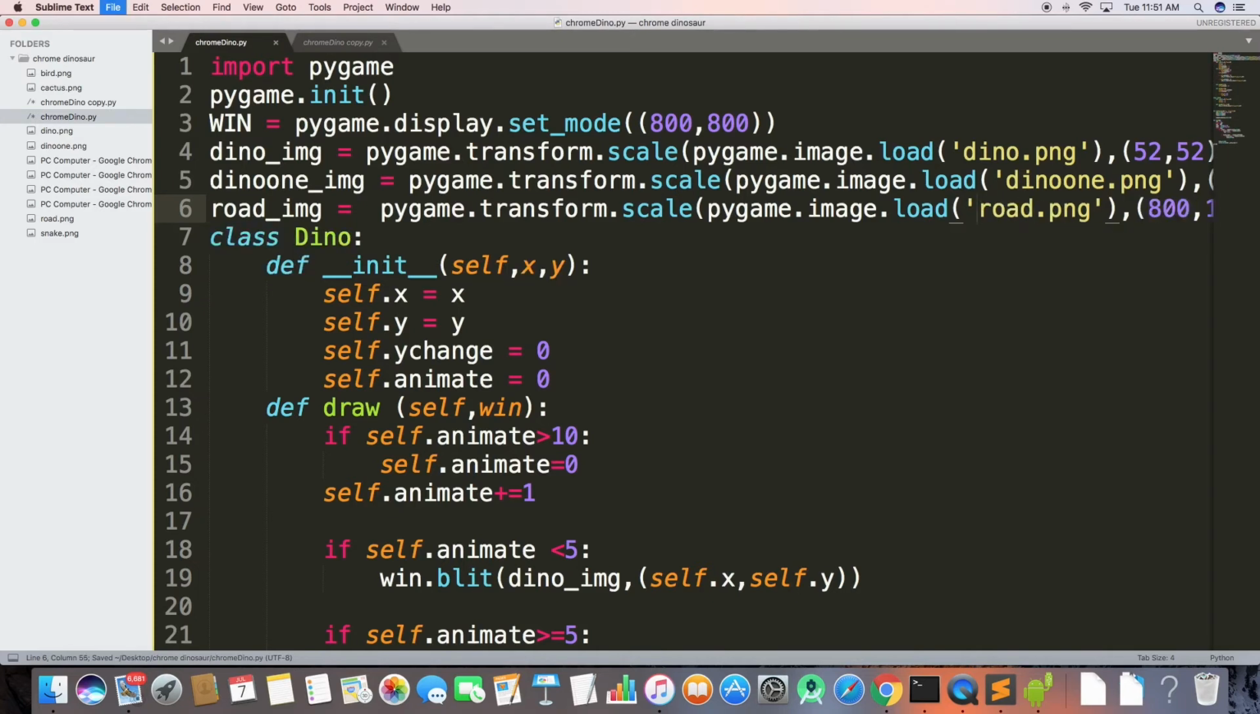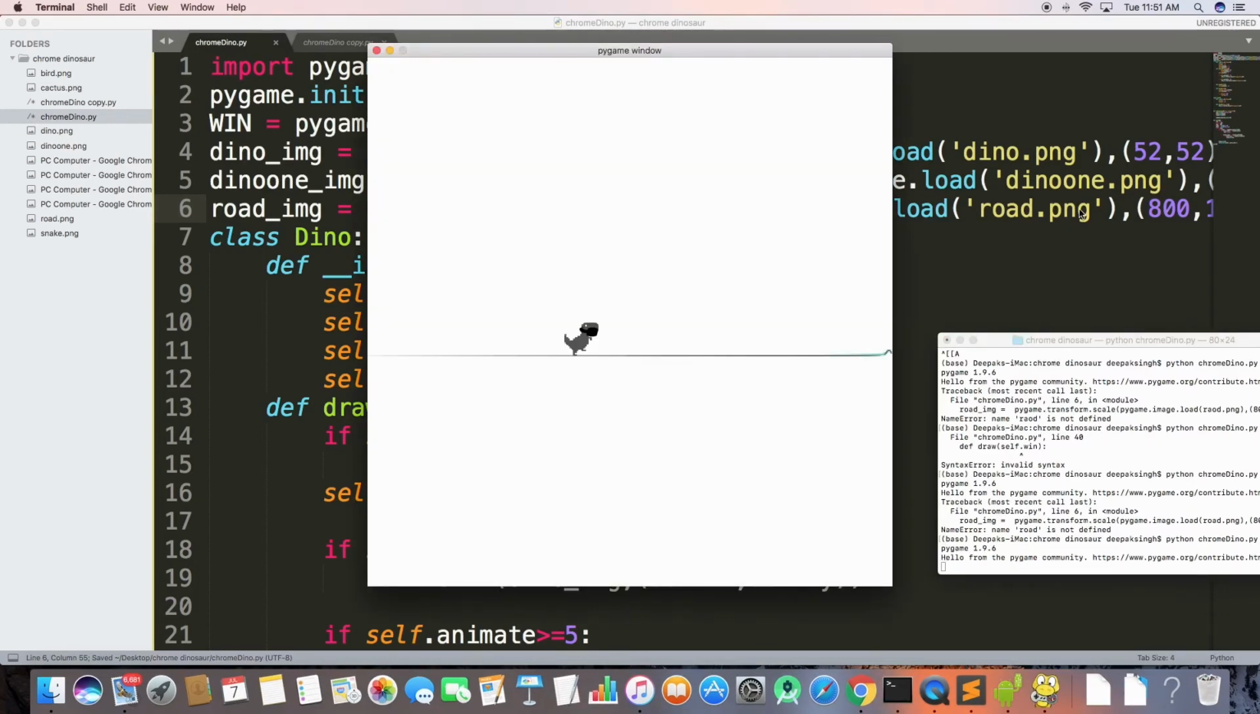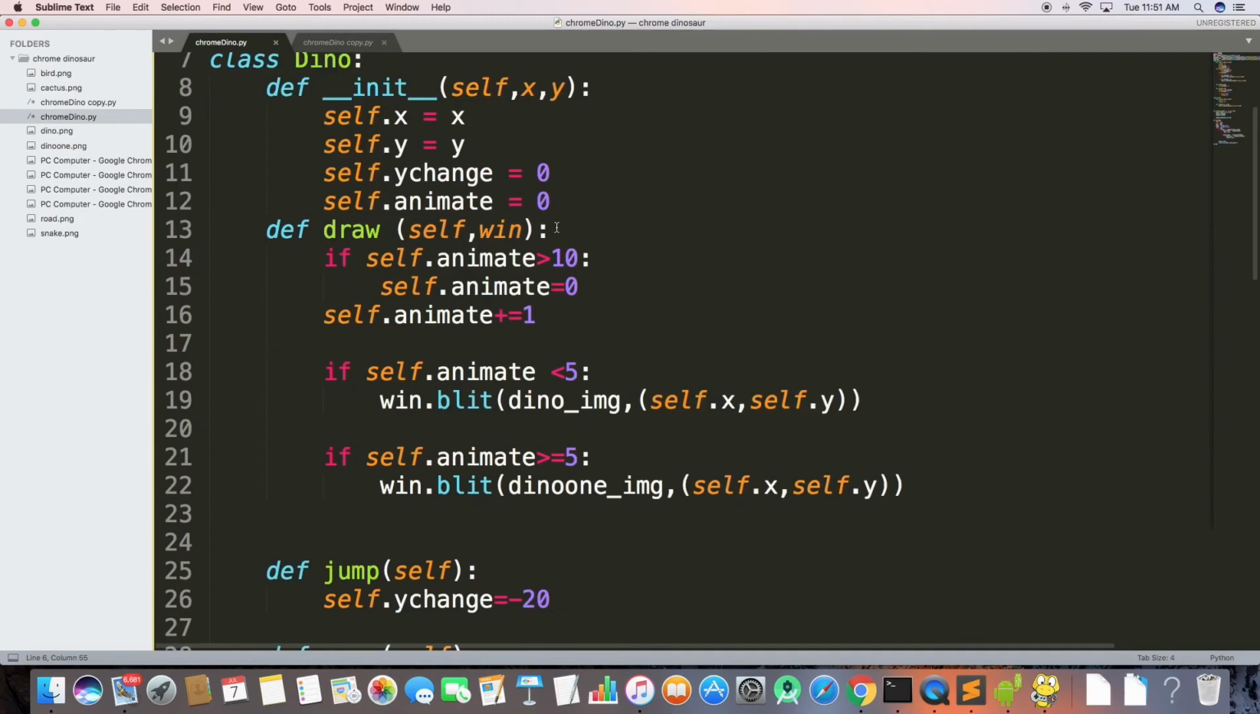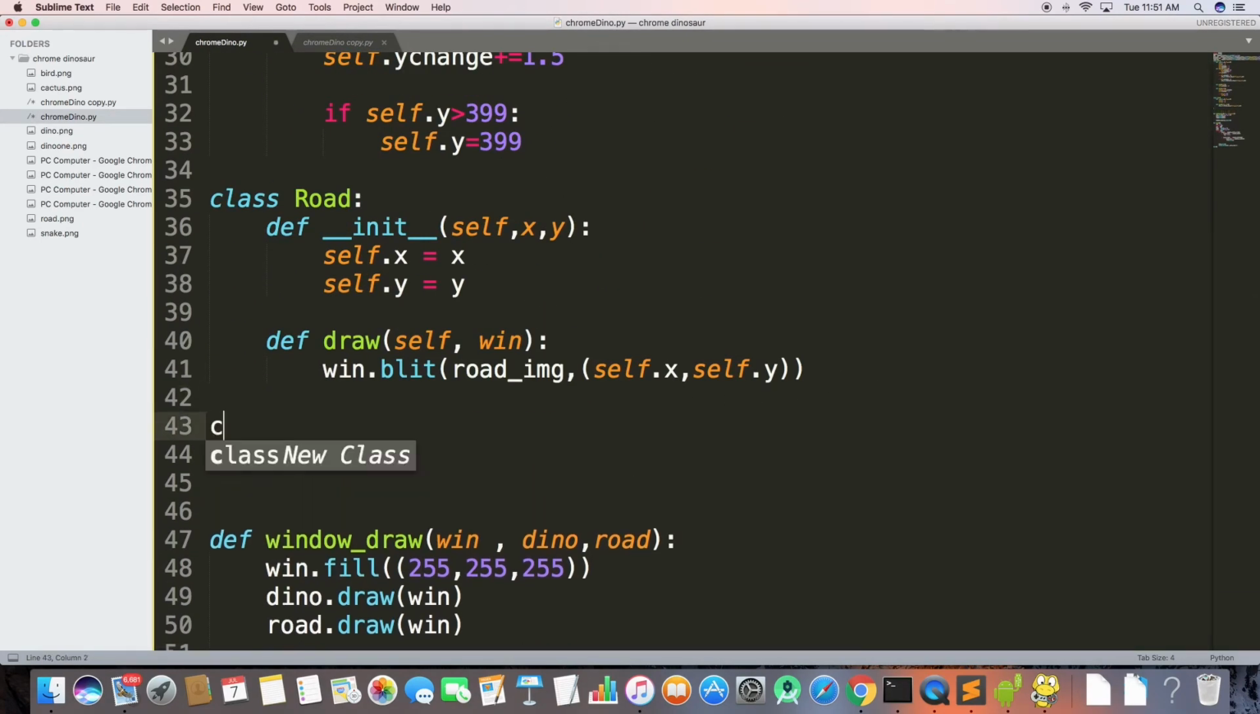I think in an attempt to make this video faster, I am ending up creating it slow. So okay guys, now I have the road and then dino walking on it. It doesn't look like it's walking, but give me a moment, I'll make it work. Now I need a class